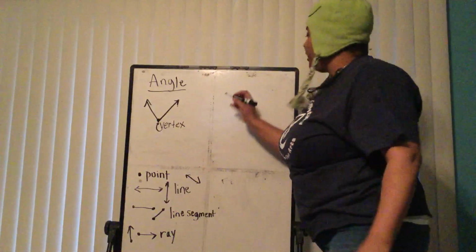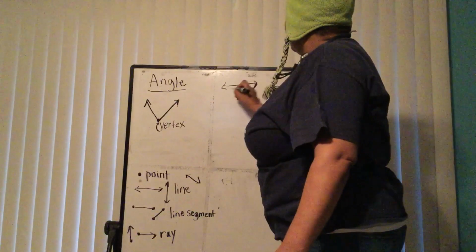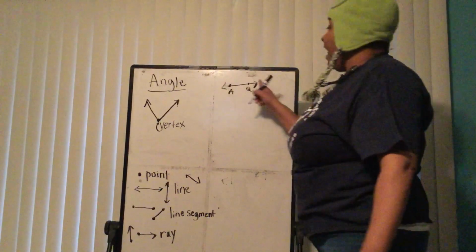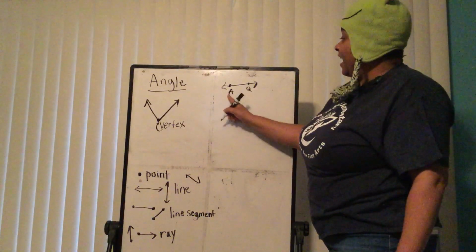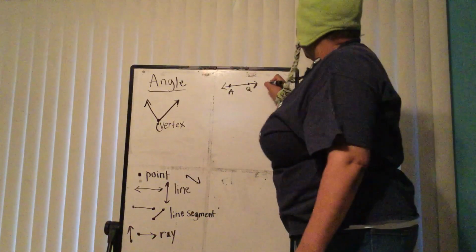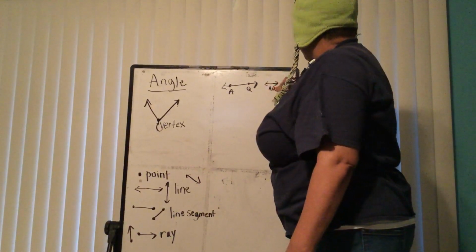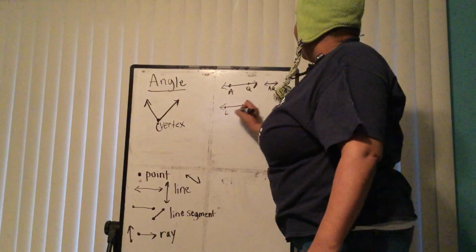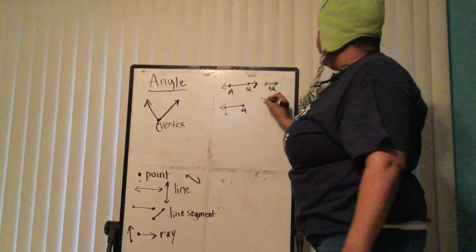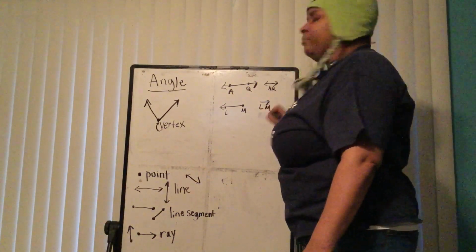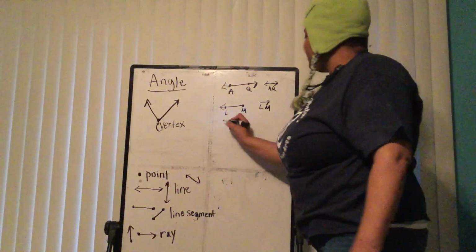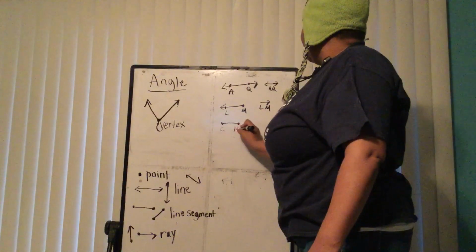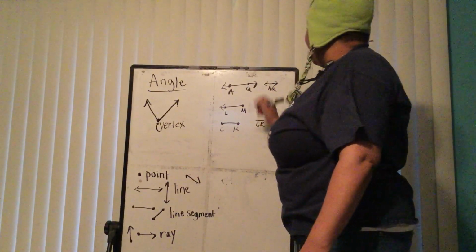You remember yesterday when we had a line, we said that this was line AQ. A line keeps going in both directions, and A and Q are my points, so I could call this line AQ. If I had a ray, ray LM, I draw my ray and label it LM. Remember we did that? Same thing with the line segment, line segment CK.